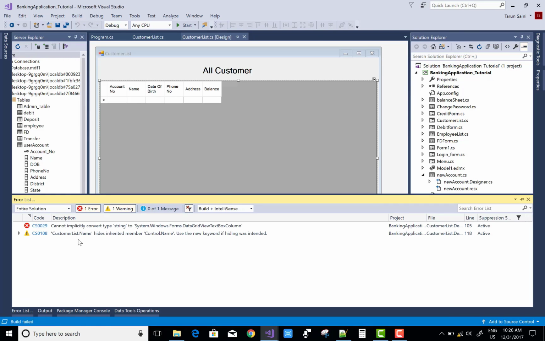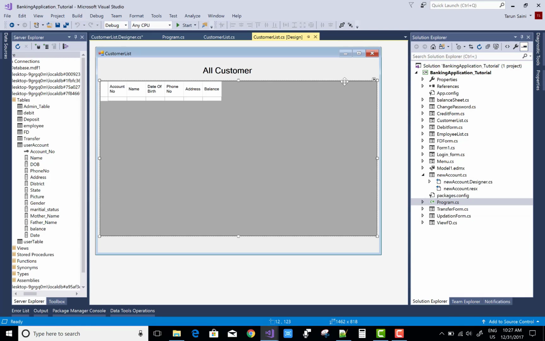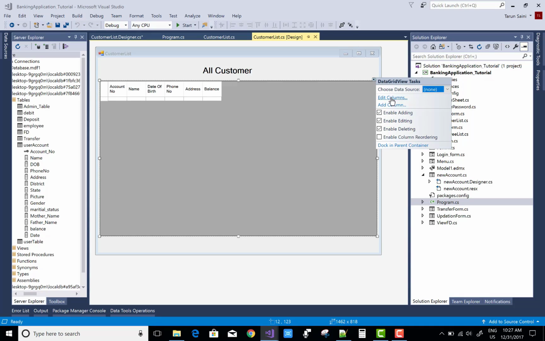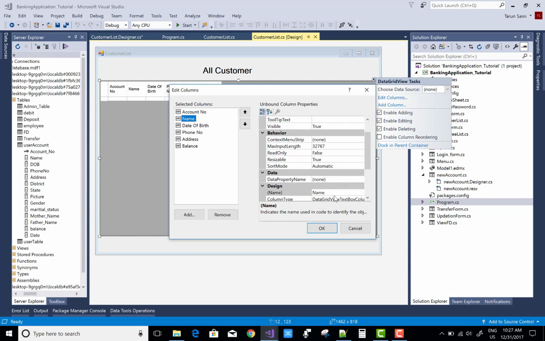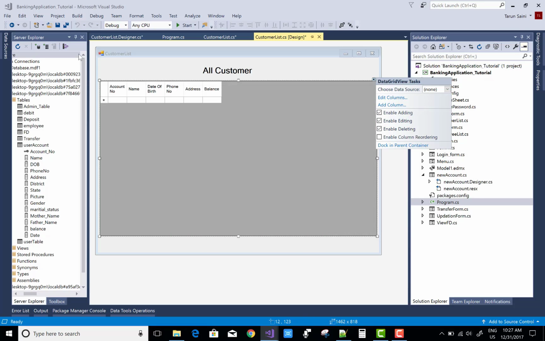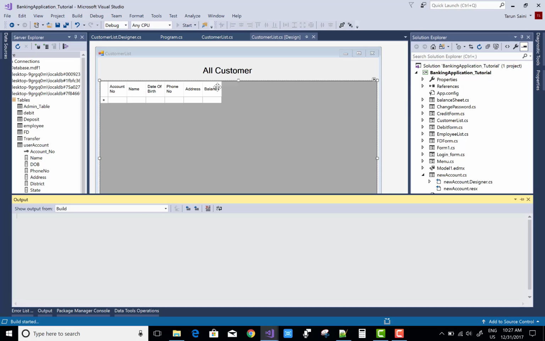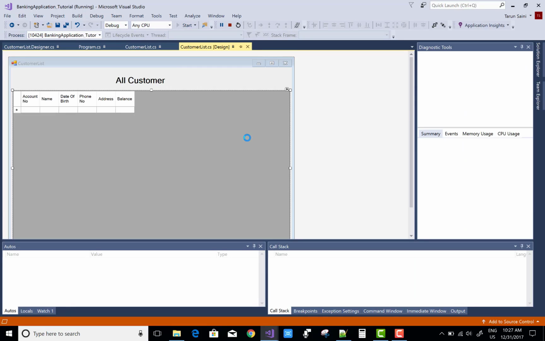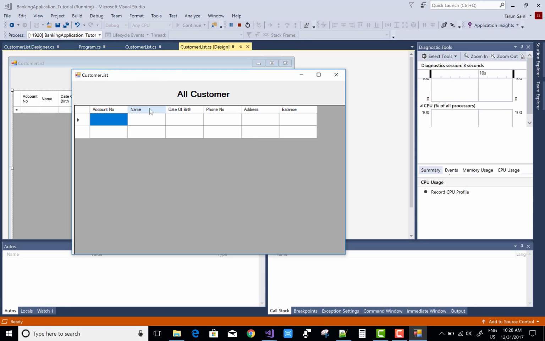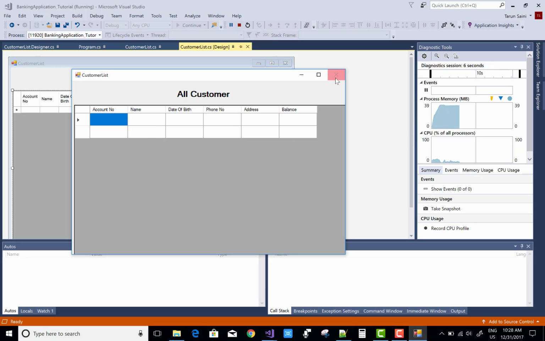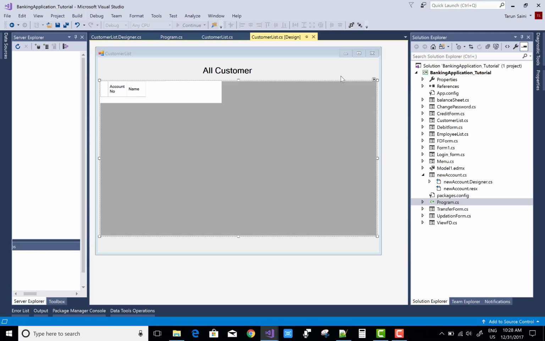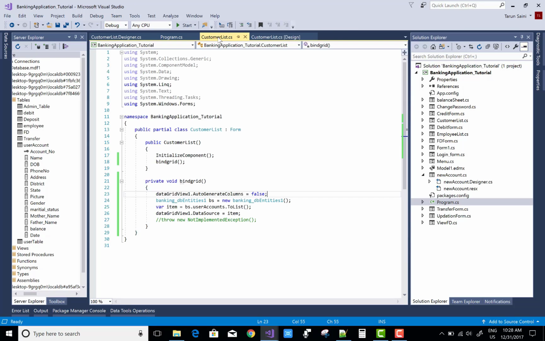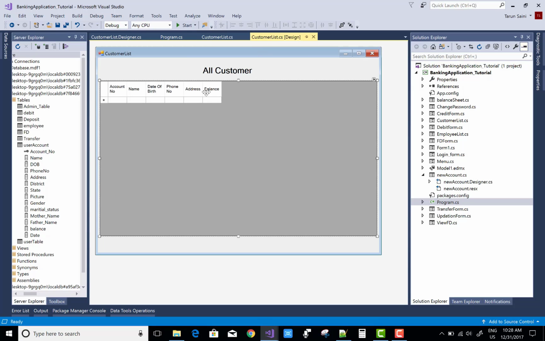yeah, you're getting an error because the name property cannot be implicitly named, so you must change your name property. Edit columns, name, and here is the name property. You can enter any name like customer name. Okay, again start it, but your header is there but no visible data in this account,